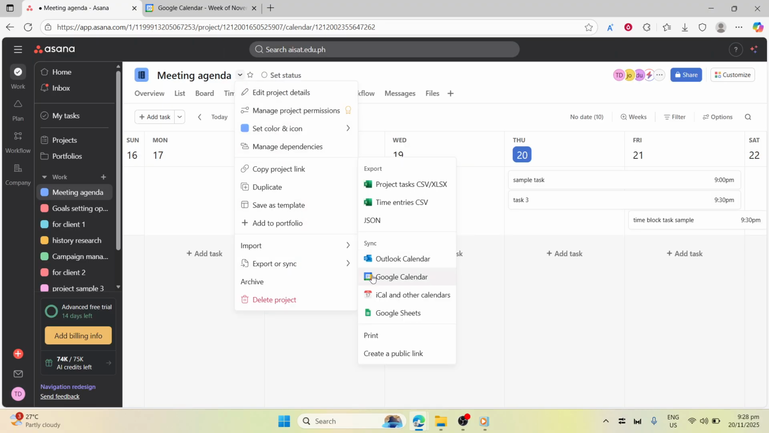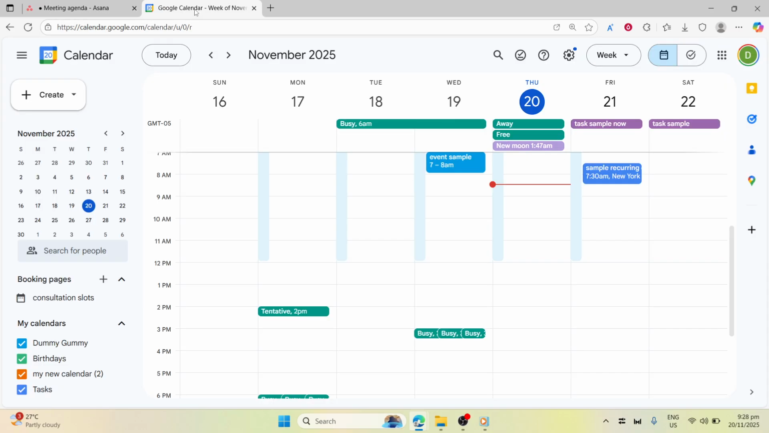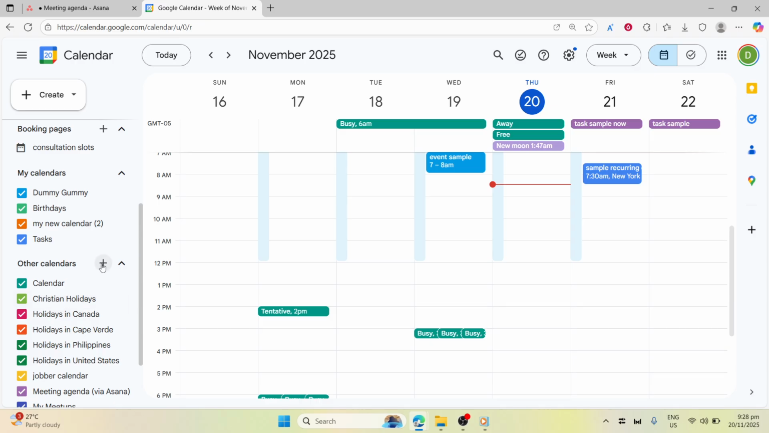Enable the integration and choose the project you want to sync. With two-way sync, updates you make from Google Calendar can reflect back in Asana, keeping both tools in sync. Give the connection a moment if you don't see changes instantly, and double-check your time zone settings so times stay